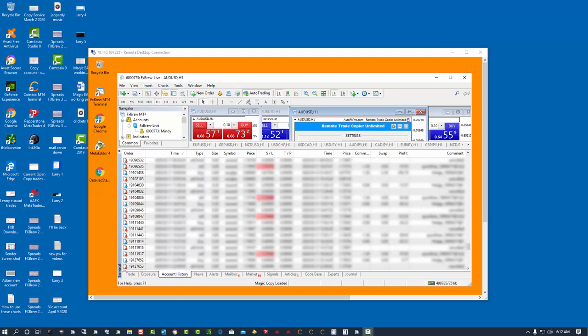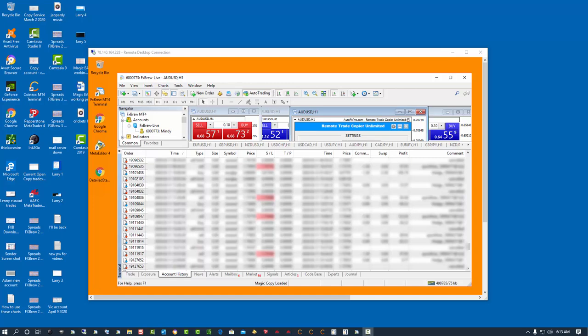So when you have your MetaTrader on your local computer, if Microsoft does an update or something and shuts your computer down, or maybe you lose internet service for a while, or maybe you lose power to your house for a while, that shuts off your MetaTrader and your EA cannot run properly. So anytime you're using auto trading programs, which are called EAs in MetaTrader, you always want to do that utilizing